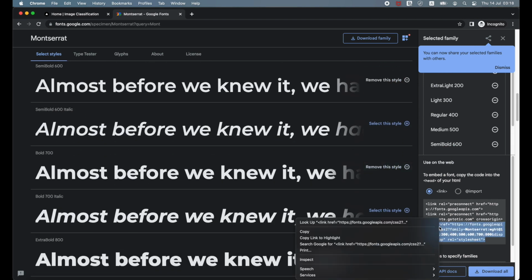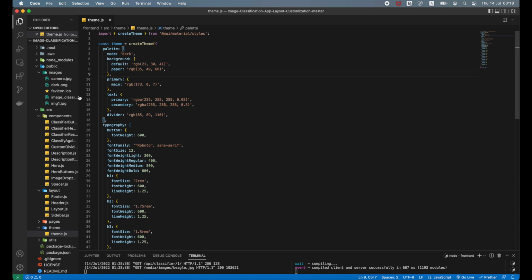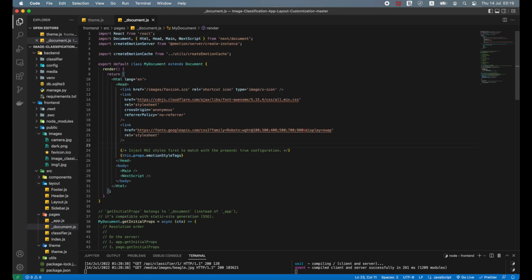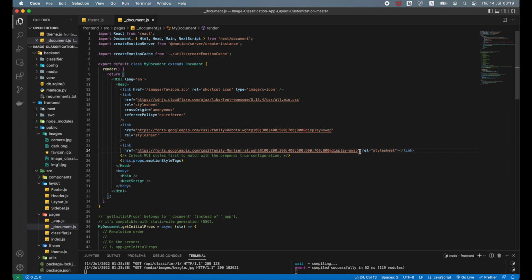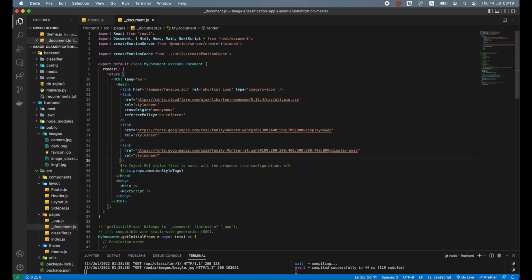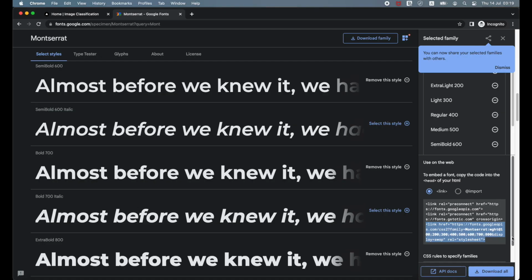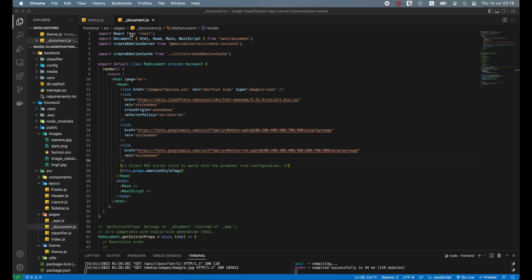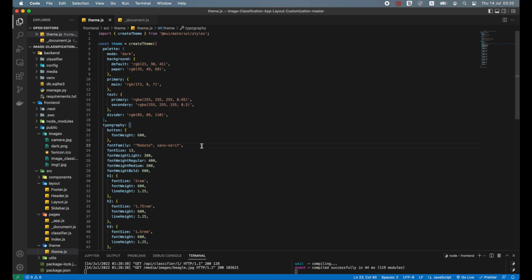Next, copy the link and in Visual Studio Code, go to frontend src pages_document.js. Paste the link into the head section. Remember to keep the same format as the other links in this section, meaning that the link tag should be self-closing. Next, copy the name of the font you've selected and in Visual Studio Code, go to frontend src